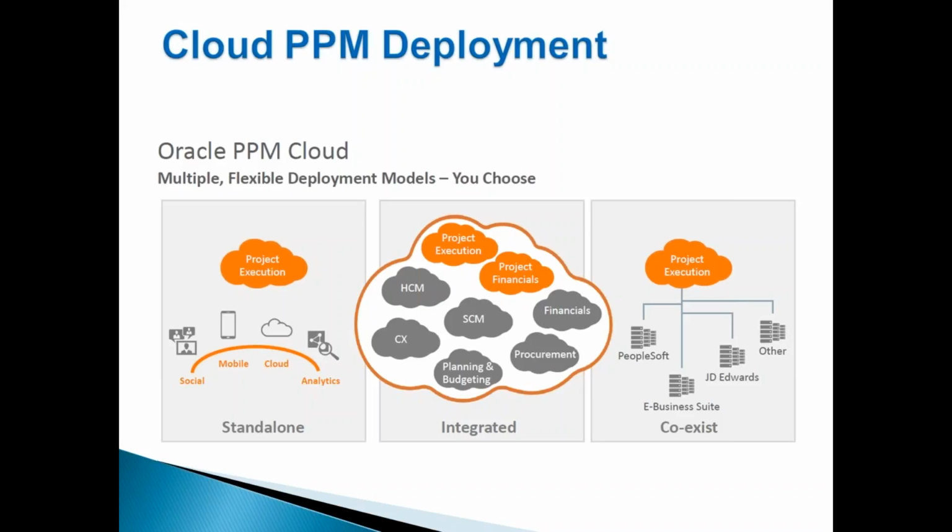So you would not only opt for the entire PPM, you could opt for only project execution cloud as an offering. You don't need costing and billing because you are not interested in them. You just want your project executed, and the revenue and invoicing you manage in Oracle Receivables